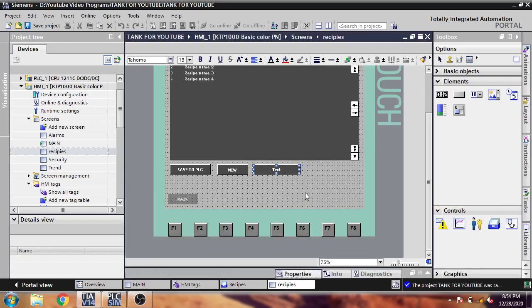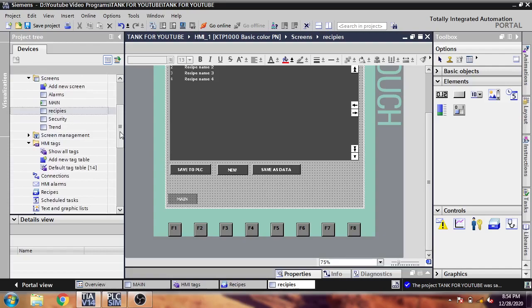Save as data record. I think that's it. I don't need to show you any other things.